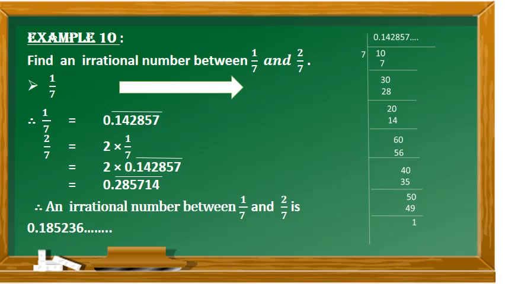Add 0 to 6 such that 7 divides 60 8 times, 7 8s are 56 and leaves a remainder 4. Add 0 to 4 such that it becomes 40. 7 divides 40 5 times, that is 7 5s are 35, leaves a remainder 5. Add 0 to 5 such that 7 divides 50 7 times, that is 7 7s are 49 and leaves a remainder 1. Now see, this 1 becomes the same as the dividend 1, and it is understood that the division proceeds